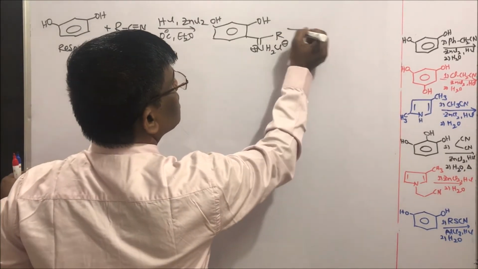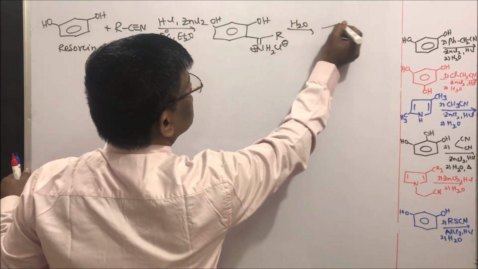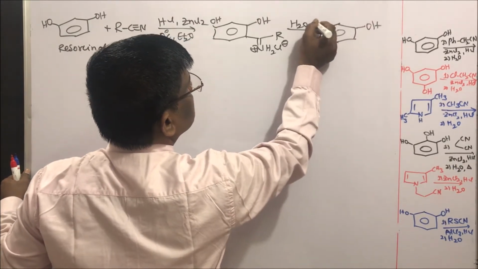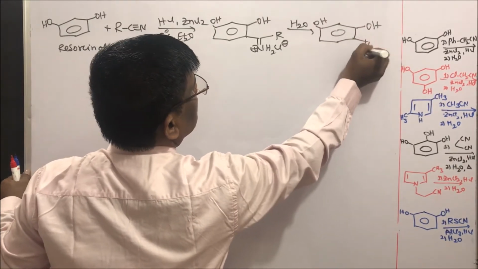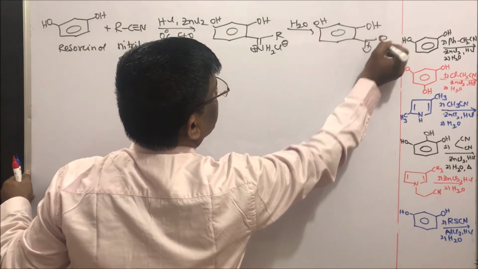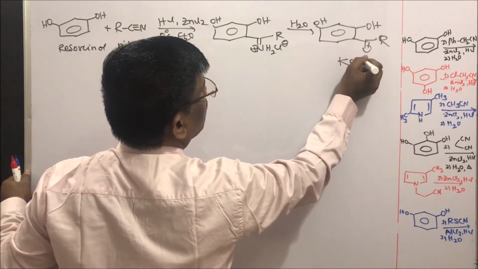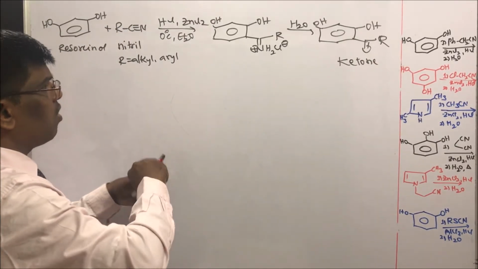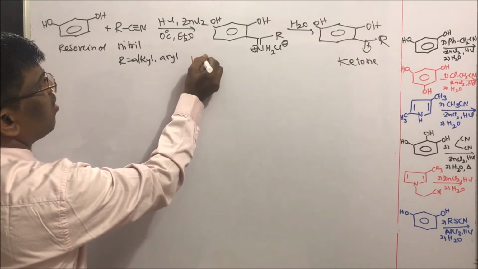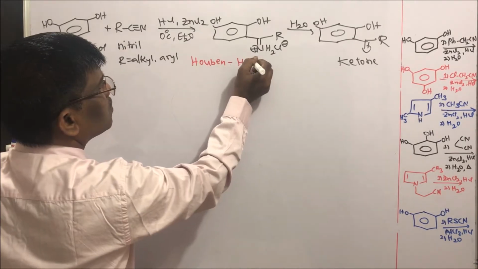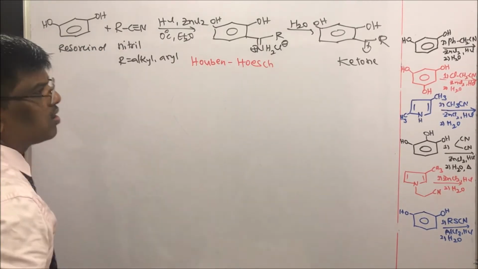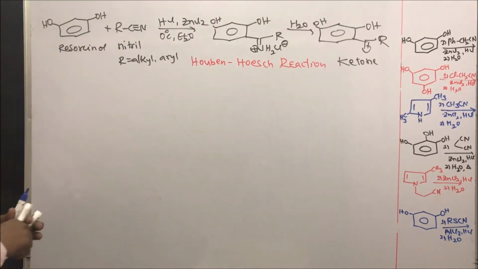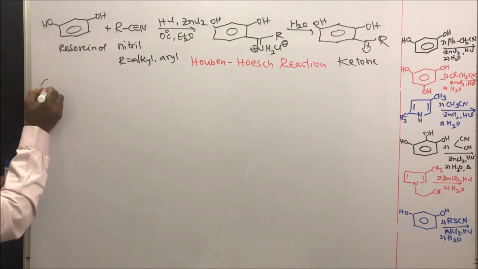Upon hydrolysis, it is going to give a ketone. So this OH and this OH are intact. Here I am going to get the ketone. So this reaction is known as the Houben-Hoesch reaction. This is the Houben-Hoesch reaction. So the similar reaction of this is Gattermann formylation,